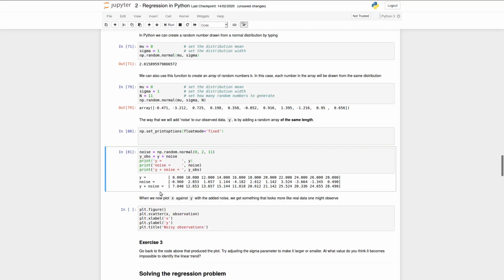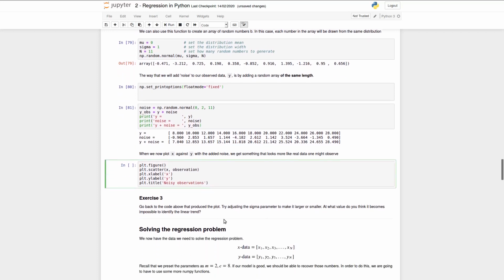Okay, cool. So our original y went 8, 10, 12, 14, 16. We have this noise, which is random, where each one has mean 0 and is randomly drawn. And then we have y plus the noise, which is just this plus this, this plus this, this plus this. So it's happening to each element. You can see now that it's a bit more random. It's still going up, but it's not a perfect straight line anymore. So if we plot that,